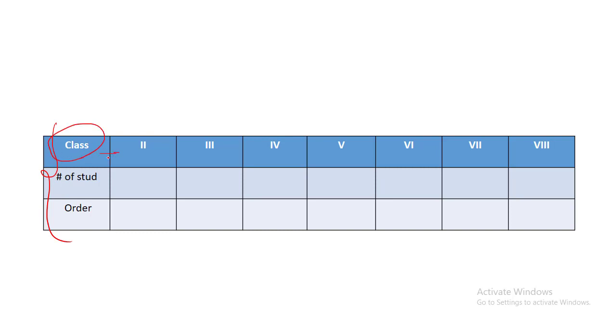Now one way is to have class or classrooms, that is from 2 to 8, and then as per this classroom we will try to represent the data. That means let's say classroom 2, and we found out that in classroom 2 there are 35 students and it is third from the left. Again, classroom 5, there are let's say 55 students and it is second from the left. So one way of representing data can be like this particular structure of this particular table, in which we are placing class as our header row.